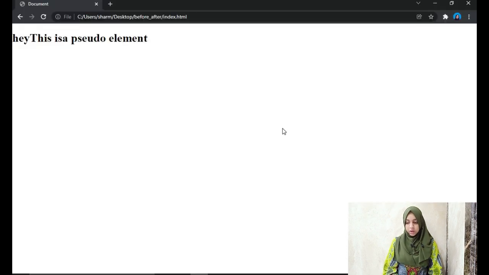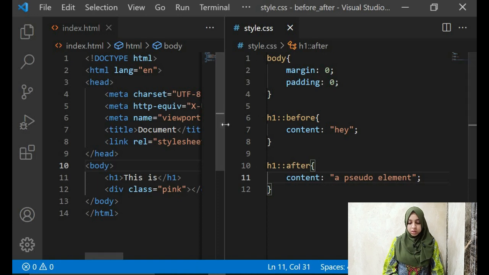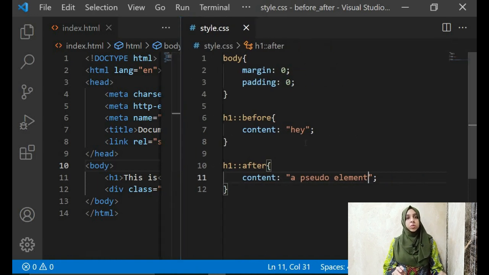Okay, and when you save and you refresh, can you see this is a pseudo element? Again, you cannot select this because it's a pseudo element, it doesn't actually exist in your HTML document. This is coming over here via your CSS. Alright, so this is pretty much it. This is what your before and after does. It adds an element after and before your element in HTML.